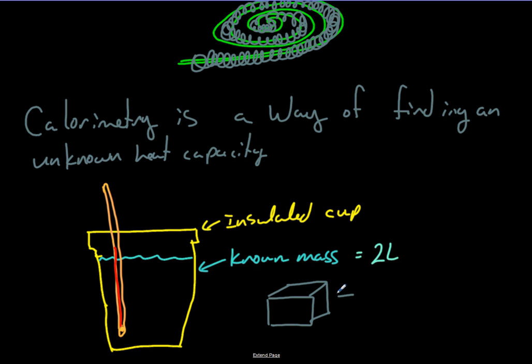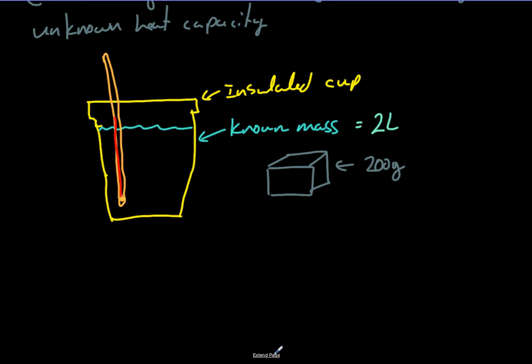We'll say this is a 200-gram hunk of unknown metal. Let's say we're trying to identify the metal. Well, one physical property that metals have that's different from other metals is their heat capacity, right? So if you figure out what the heat capacity is, we could figure out what type of metal this is. Probably the easiest way would be to go by density, but this might be a way to back it up. So 200 grams, and let's say that we heat this thing up to 400 degrees Celsius,